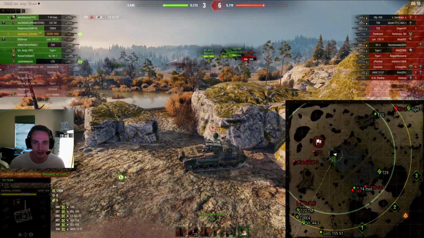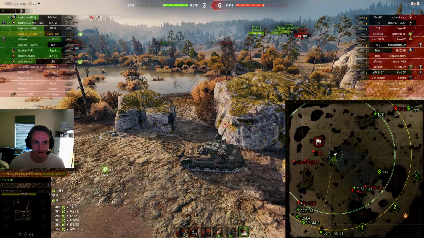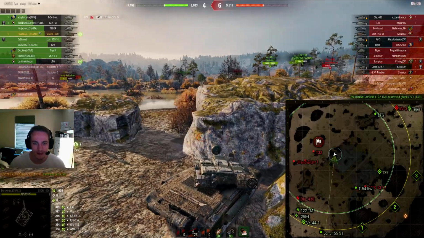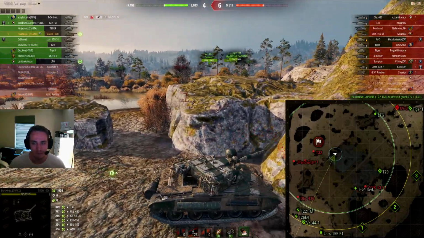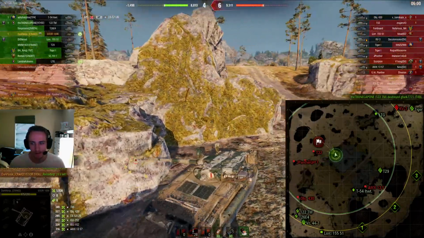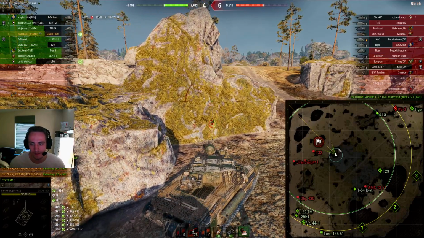So I could be aiming at this guy, I see that this guy gets spotted, I just turn my turret left without moving my tracks, and I'll be fully aimed on the T-49 basically as soon as I turn towards him. Now thankfully their T-49 dies, and at this point I'm thinking about just pushing up into here, because I'm